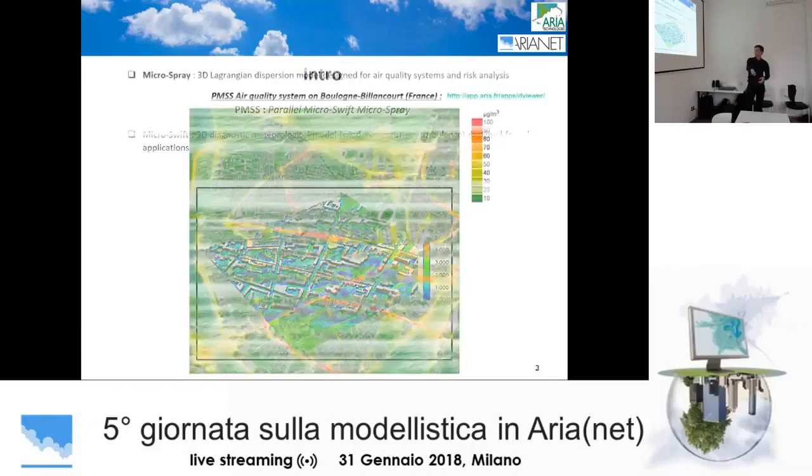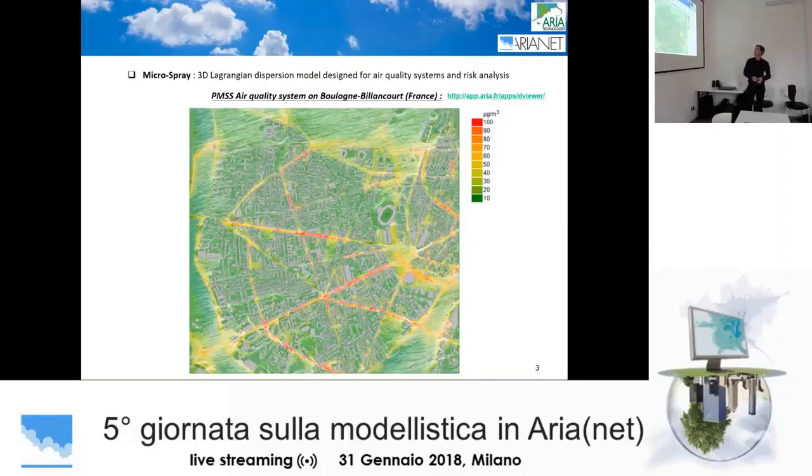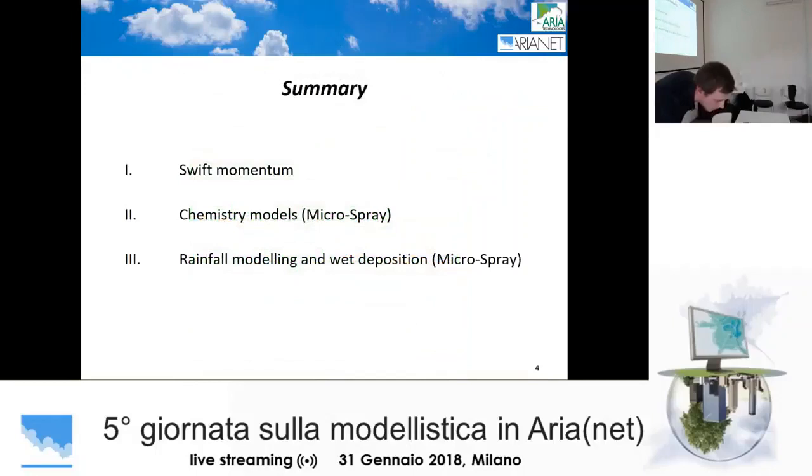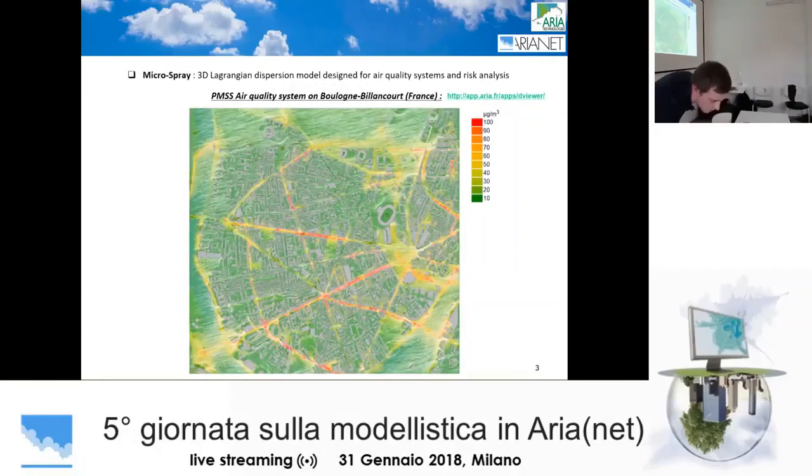Then we have Microspray. It's a three-dimensional Lagrangian dispersion model. Normally it's a video, so